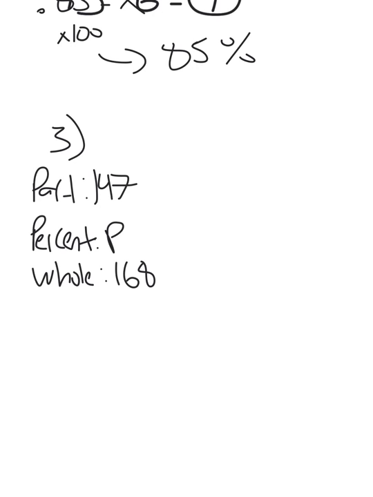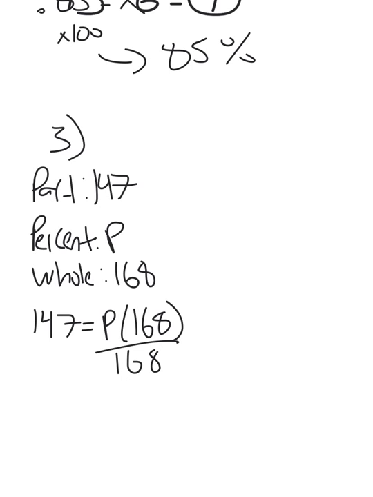Now if I'm using a percent equation, it would look like the following. 147 is our partial amount equals p for percent times our whole amount, which is 168. Now in order to solve for p, we're going to divide each side by 168. When we divide each side by 168, we end up with p equals 0.875. Now remember, to convert a decimal to a percent, we have to multiply by 100. When we multiply by 100, we get